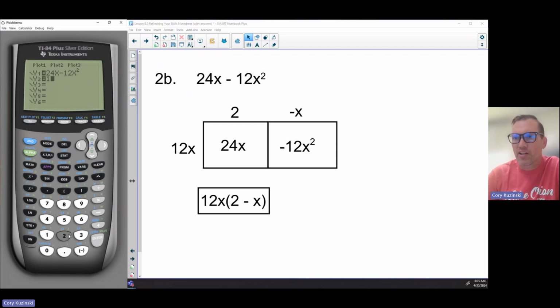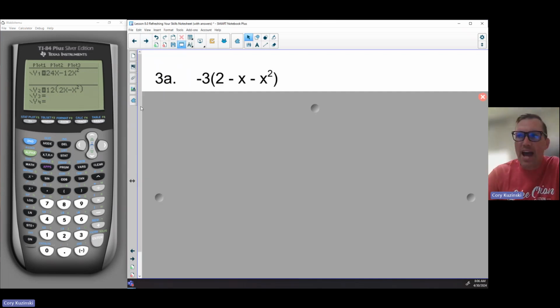Some people might say the answer is 12 times 2x minus x squared, because they only factor a 12 out instead of a 12x. Well, those are equivalent expressions, but you can still take that x out of those parentheses there. All right, let's move on. All right, now